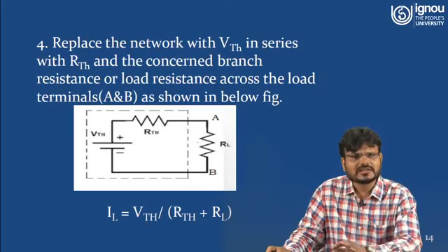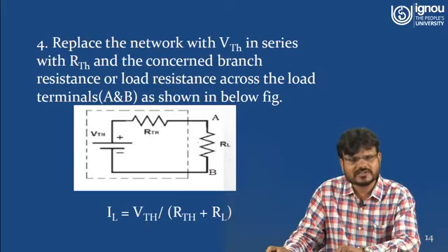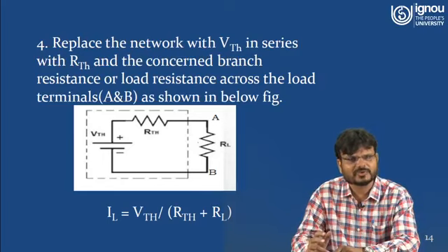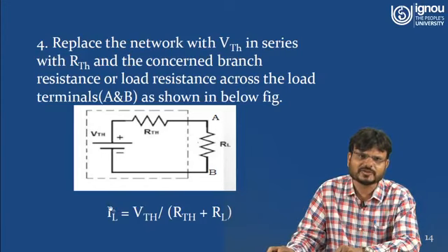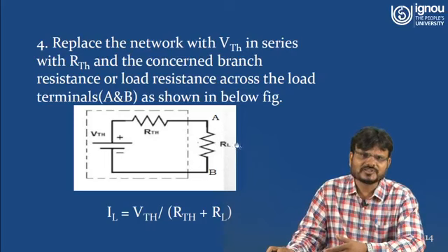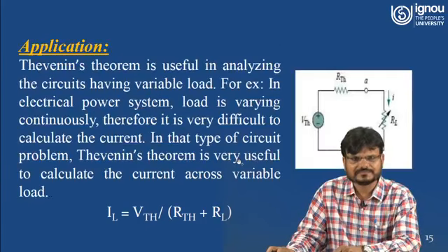So these are the steps for calculating the Thevenin voltage and Thevenin resistance, and after getting the equivalent Thevenin circuit, you can easily find the value of the load current. Suppose now you have to find the voltage across this load resistance RL, or across the terminal AB. So what will be the voltage across RL? This voltage can be termed VAB or VL, equal to the current IL multiplied by the load resistance RL. Then you can easily calculate the voltage drop across the load resistance RL.